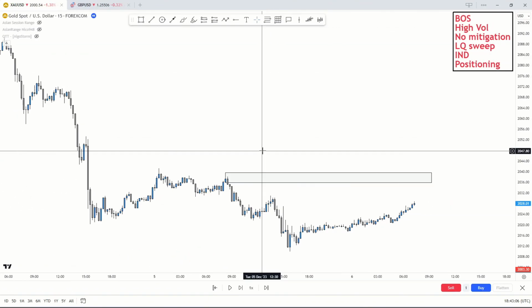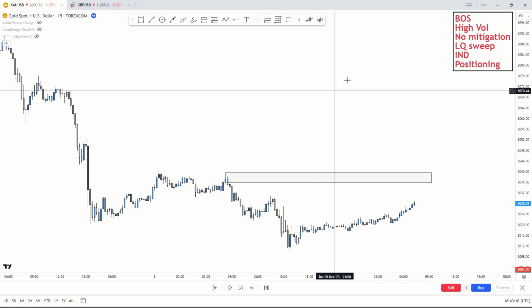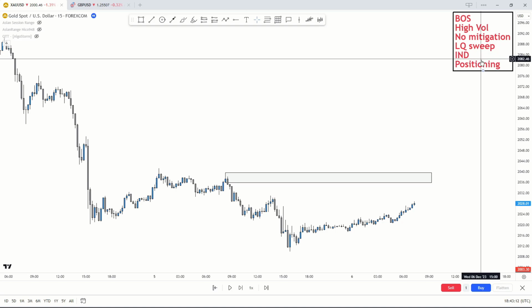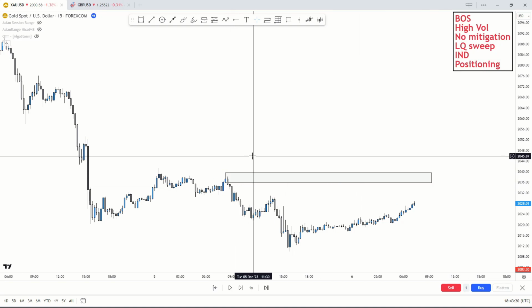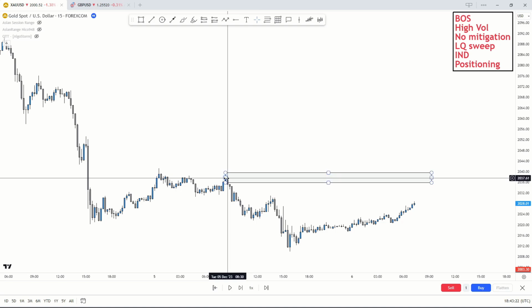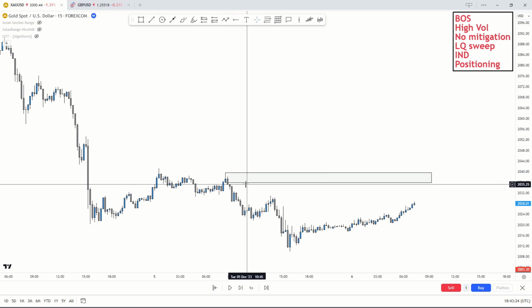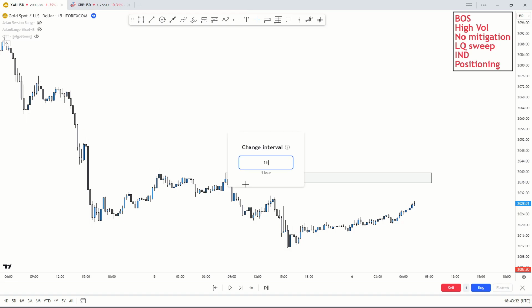Alright everyone, so now that we're on gold, we're going to start off this breakdown on the 15-minute. I've got the rules over here on the top right hand side just for later reference, right? And we're going to be starting off this breakdown with this zone that we've got on the 15-minute, right? So I identified this 15-minute supply zone as a potential supply zone that we could potentially take a trade from. Nothing yet so far. But once I had found the zone, I instantly switched over to something like the 1 hour or the 2 hour